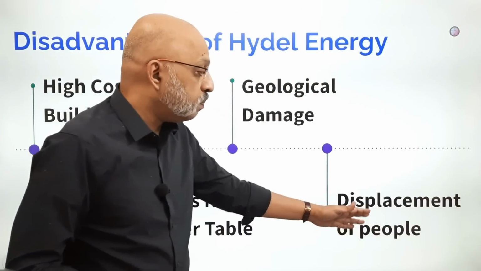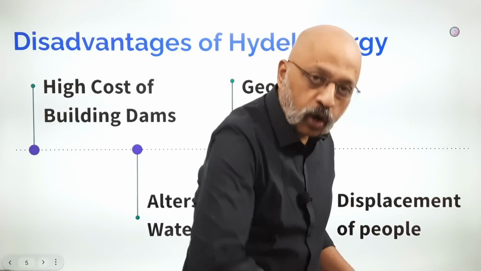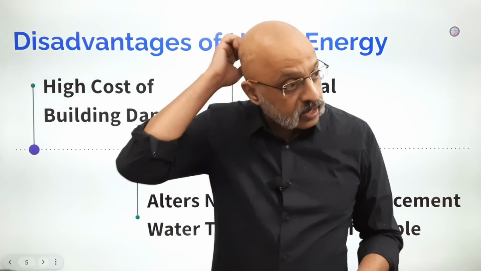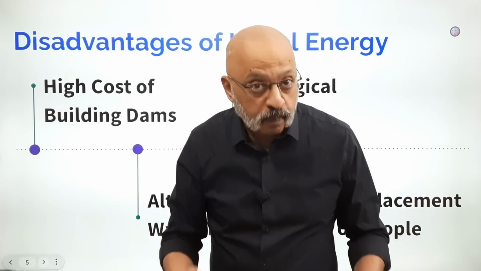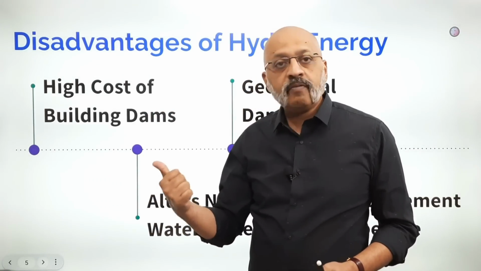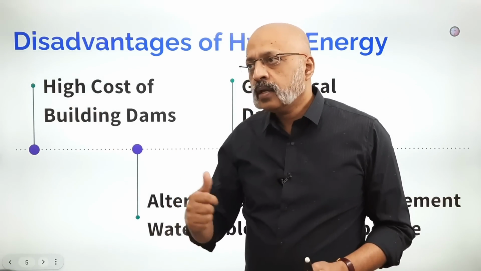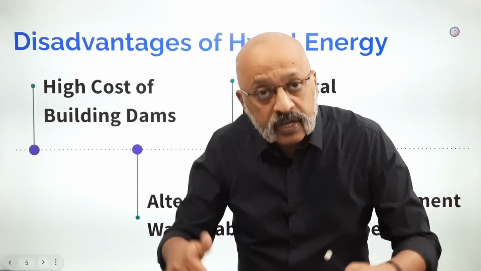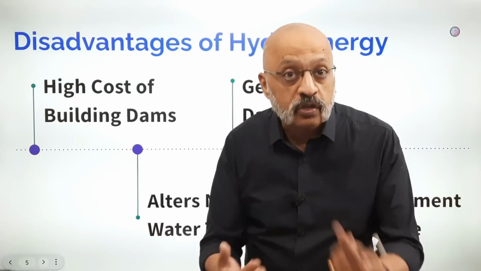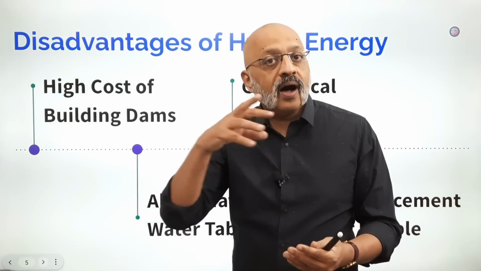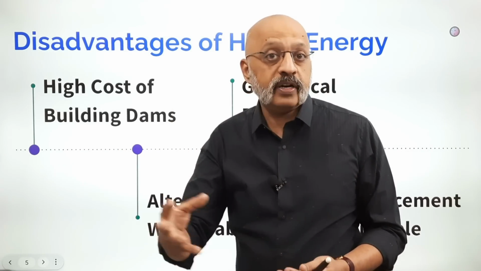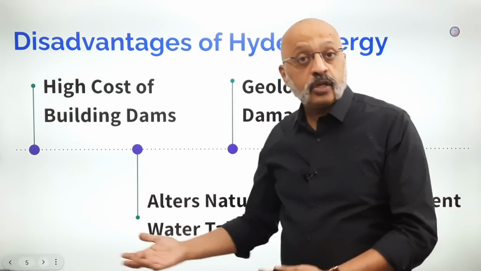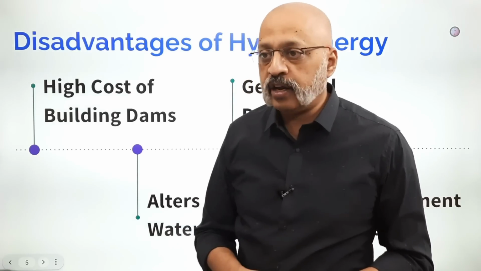It also displaces many people when it is built, because the water will flow, right? It sometimes involves changing the course of the water, so many villages and people have to be displaced. I remember when the Nagarjuna Sagar Dam was built in Andhra Pradesh, united Andhra Pradesh, a whole lot of people in the Nalgonda district, today's Telangana, were displaced. Even till today, many of them have not got proper compensation from the government. It's called the R&R package, relief and rehabilitation package, which is announced by the government when they undertake these kinds of big infrastructure projects. A dam is one of those projects.